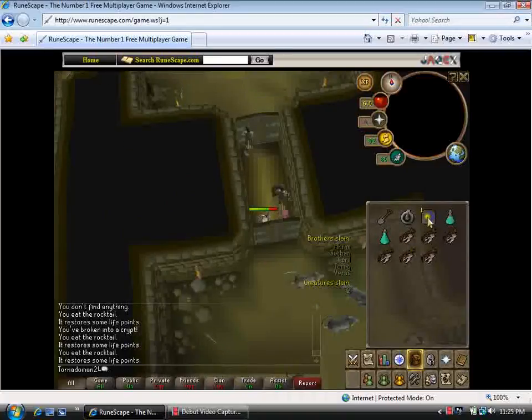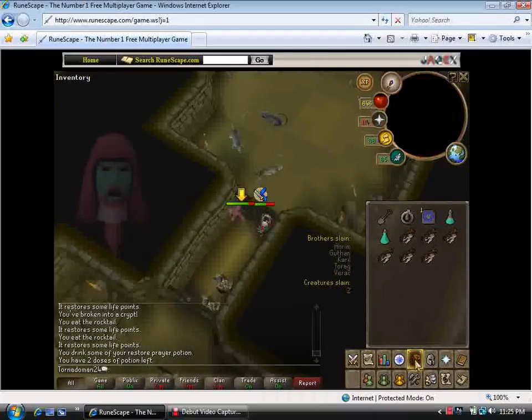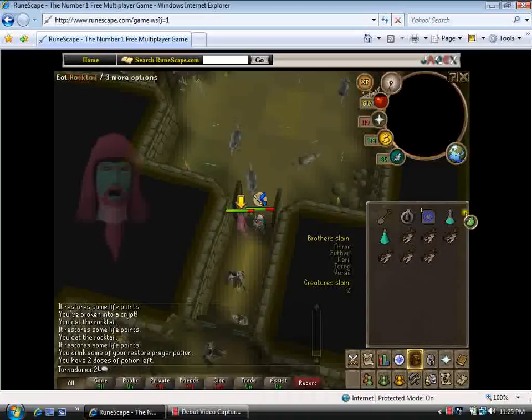Alright, so I found him. I'm going to want to drink my prayer pot. That way I can protect from melee, so we can't hit his lethal max hits. I mean, if you have low health...